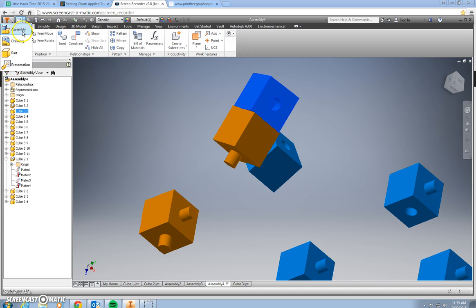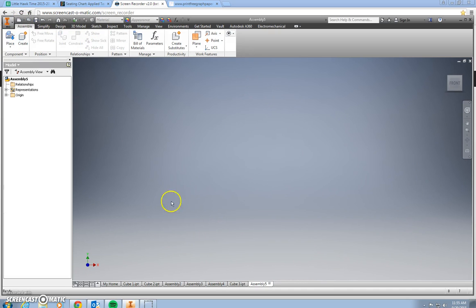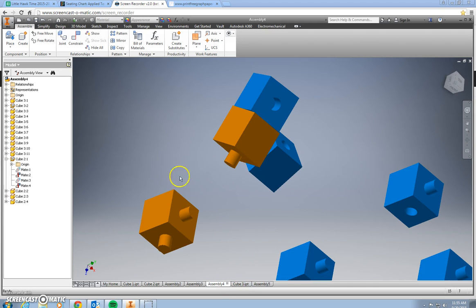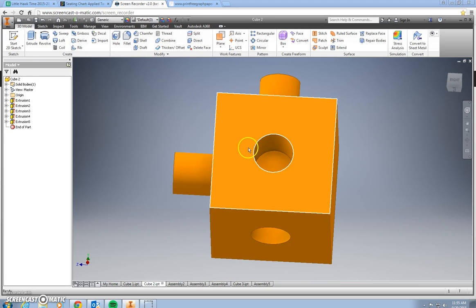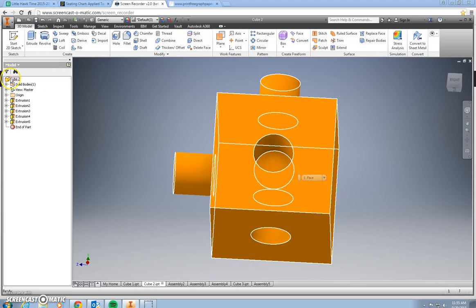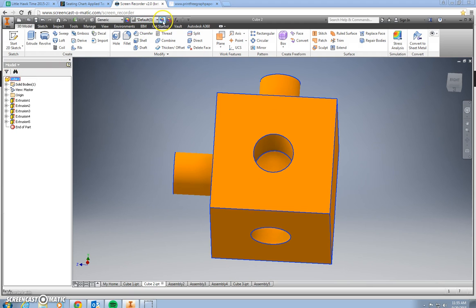Create a new assembly. Drop into it the cubes that you have made before. Put like 10 or 12 of each. Then you will go ahead and access one of the cubes, right-click on it, and click Open. That opens the, let's call it, the mother part, the original parent. You will then change that and save it. And when you do, for instance, like I changed the color,